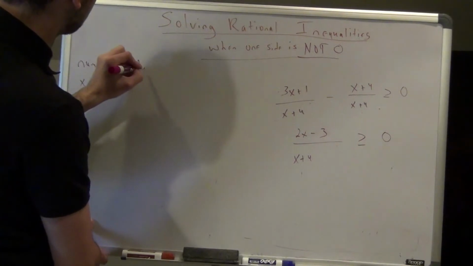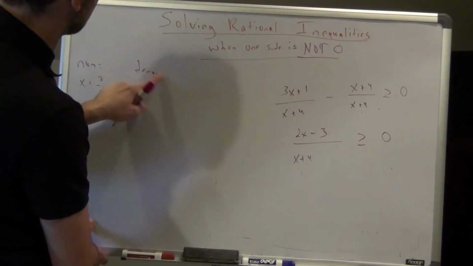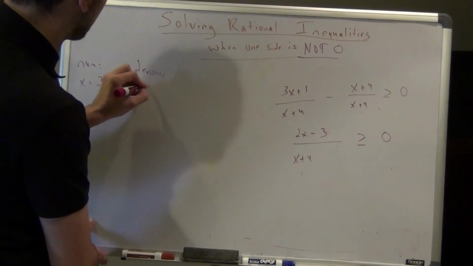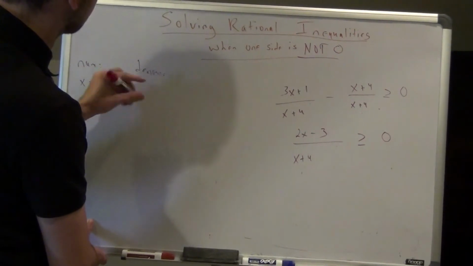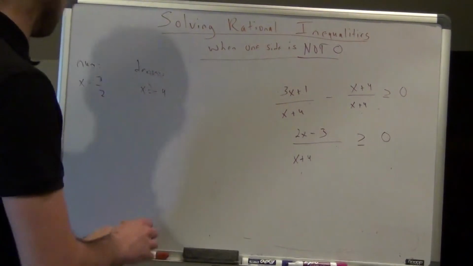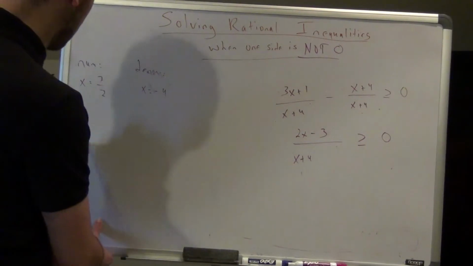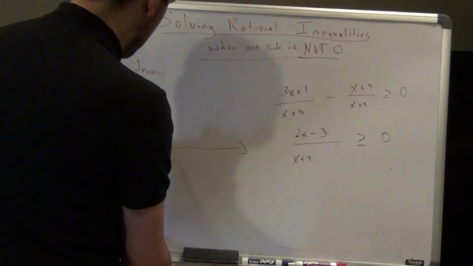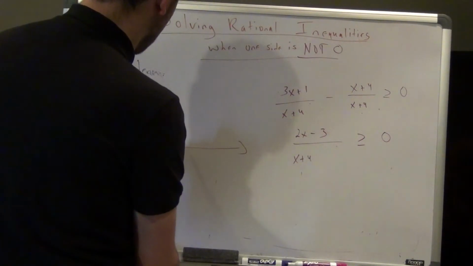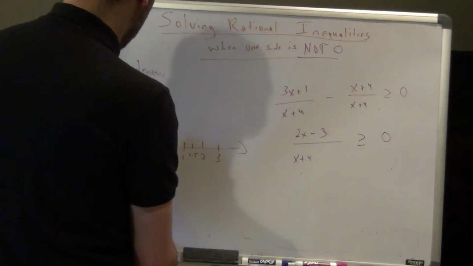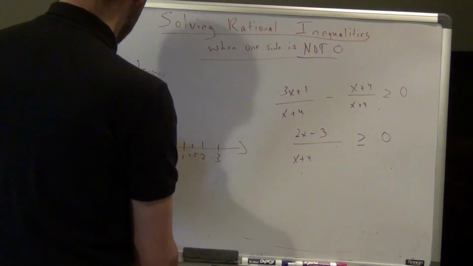And the denominator is going to be 0 at x equals negative 4. Alright, so I'm going to have two values I'm looking at, right? And you can estimate the 1.5 as best you can, 3 halves is 1.5. So here's 0, here's 1, 2, 3, here's 1.5, right? And then negative 1, negative 2, negative 3,